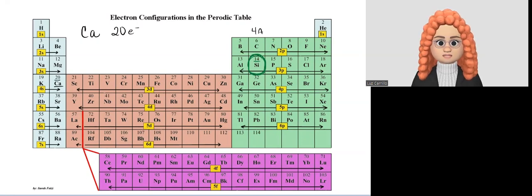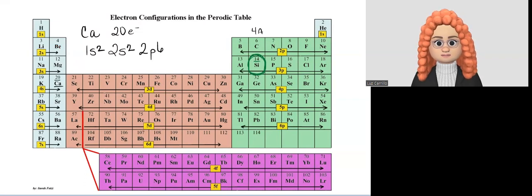Those electrons are found in 1s2, next 2s2, next 2p6, which are these, 3s2, which are these electrons,